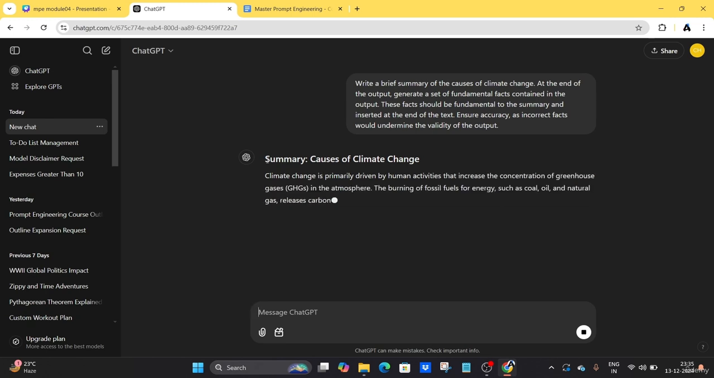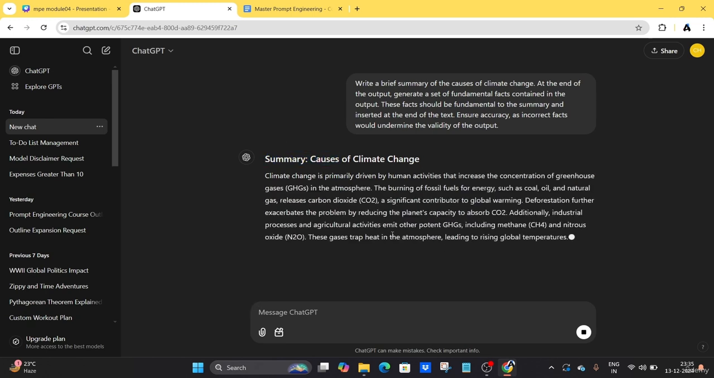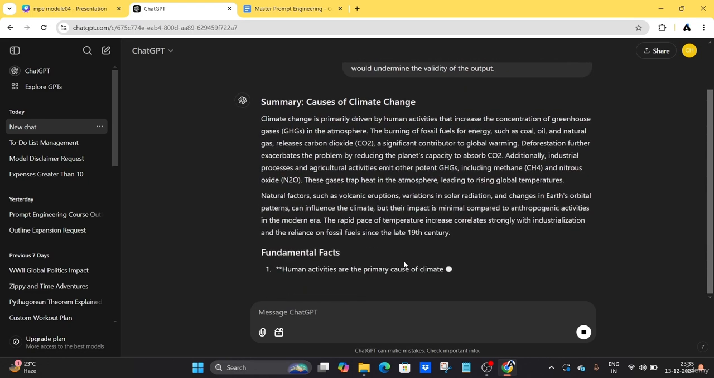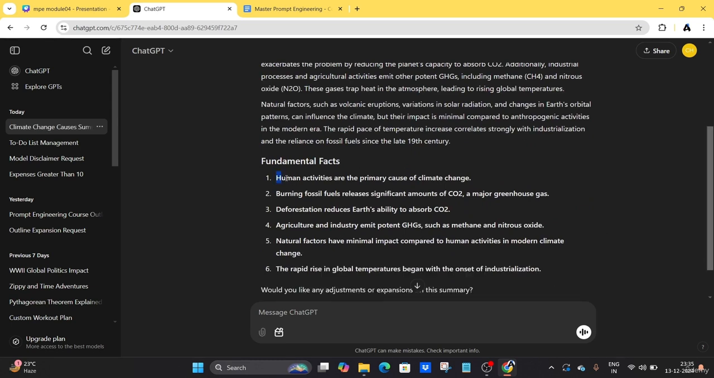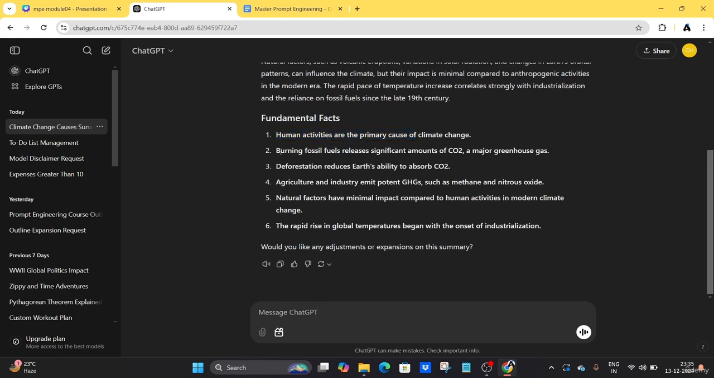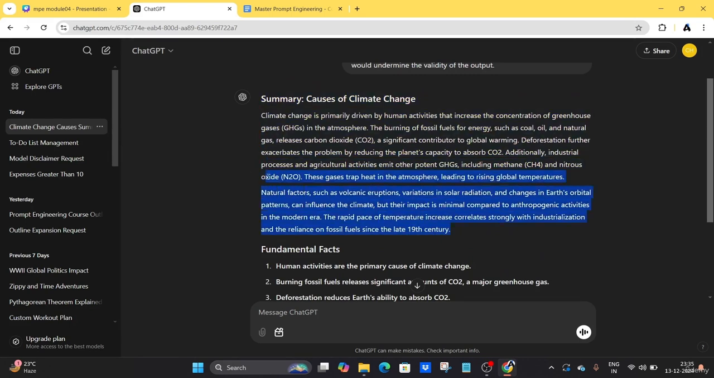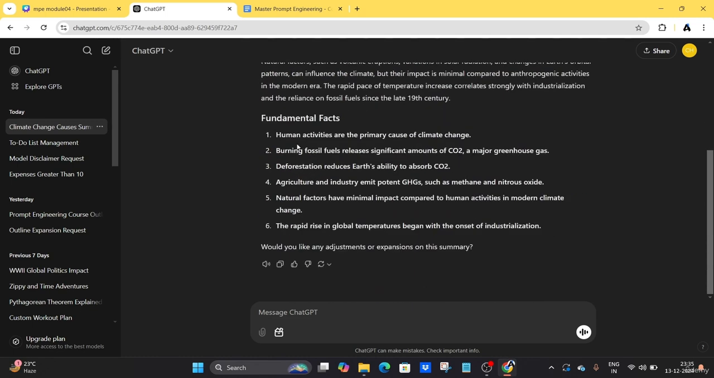You can see here, this is a summary of the causes of climate change. It is summarizing the climate change here. After that, it generated fundamental facts. You can see what the fundamental facts mean. Human activities are the primary cause of climate change. Burning fossil fuels releases significant amounts of CO2, a major greenhouse gas. These points are all taken from this output summarization. You can see, climate change is primarily driven by human activities that increase the concentration of greenhouse gases in the atmosphere. So human activities are the primary cause of climate change. This is the fact